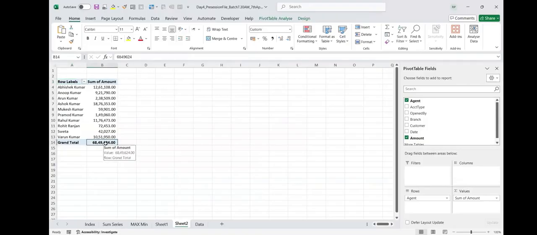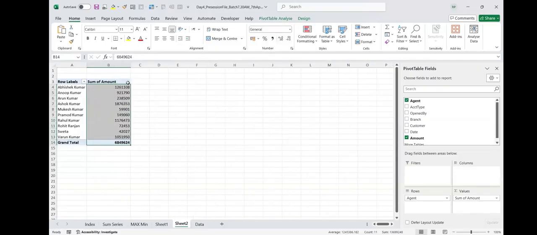We need to change the default that is created in your system. So here, if you just convert this into the general format, it will come like this. And now if I just click on this comma,